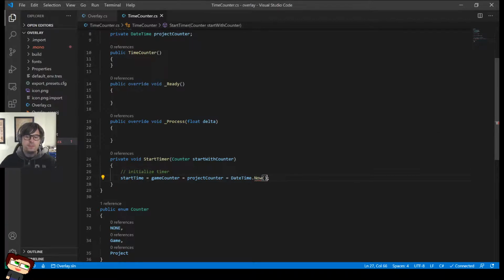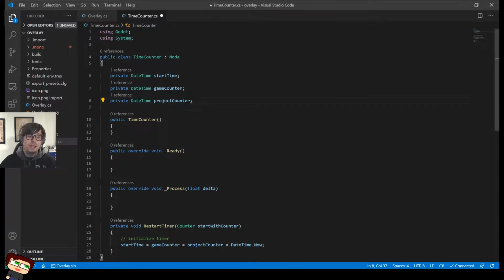It's a property, so we set that once. It's done. All right, and we're going to call this one restart timer. And now in our update for every frame, we want to add the difference to the active timer.